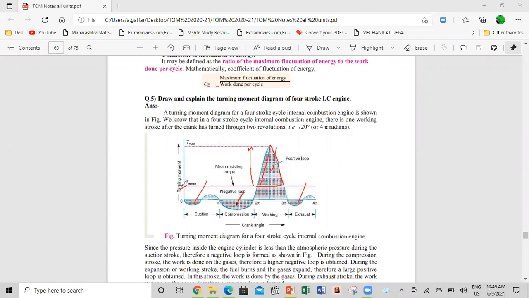After the flywheel supplies the energy, the fluctuation of speed of the engine is overcome. So equal speed is maintained in each stroke, to overcome the fluctuation of speed in the working of the engine. So the main function of the flywheel is to regulate or overcome the fluctuation of speed.